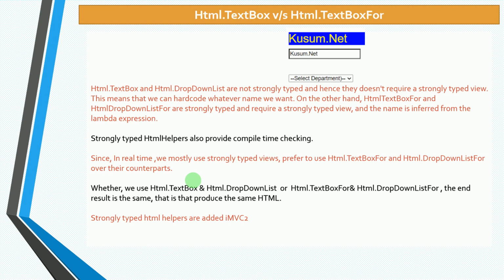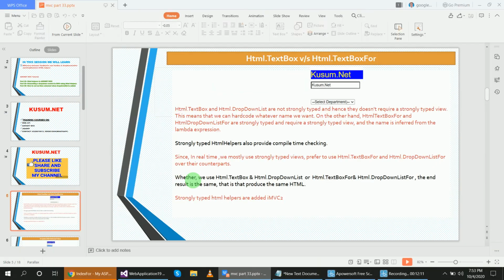Whether we use Html.TextBox and Html.DropDownList or Html.TextBoxFor and Html.DropDownListFor, the end result is the same, that is, they produce the same HTML. Strongly typed HTML helpers were added in MVC2.